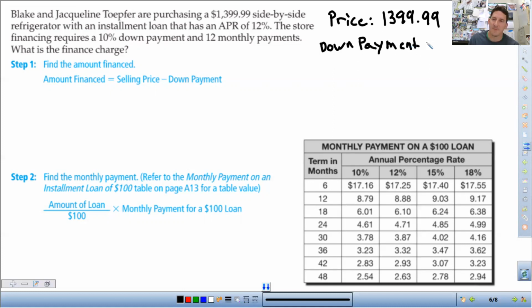So the down payment is 10% of the price. So you need 10% as a decimal, that's 0.1 times 1399.99, and that comes out to